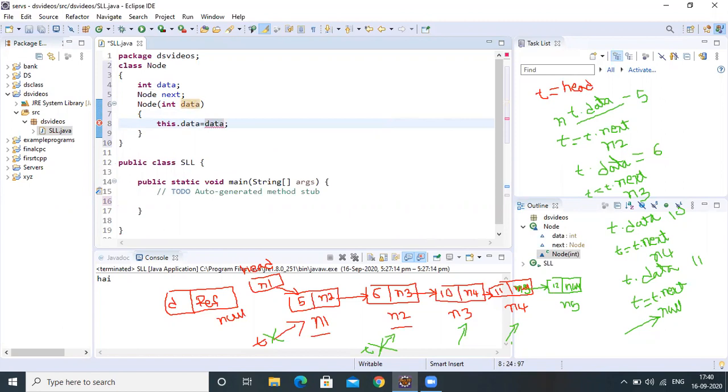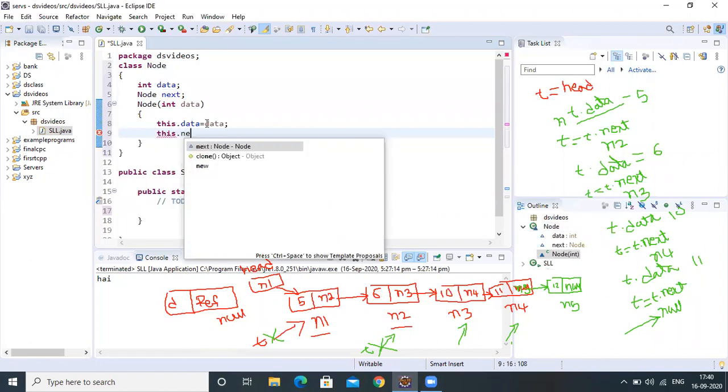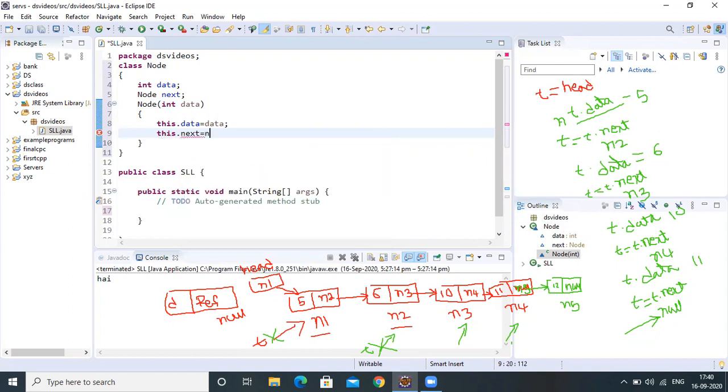The next pointer of the new node is initially null. So whenever we create an object of type Node, it creates one new node. It contains whatever data we supplied, and the next pointer is null by default.